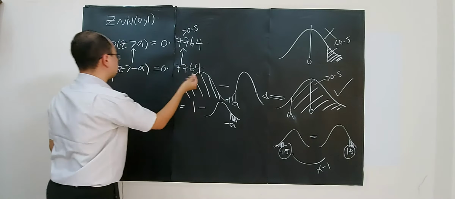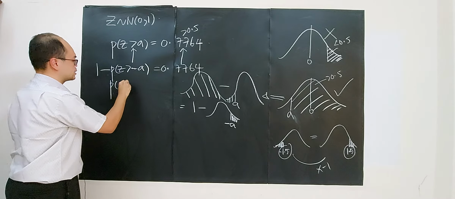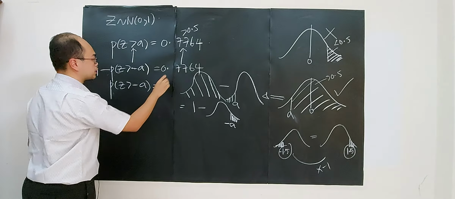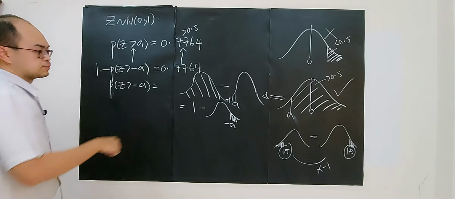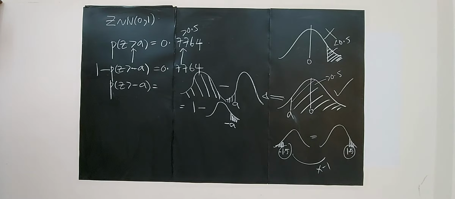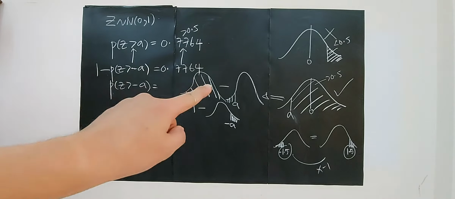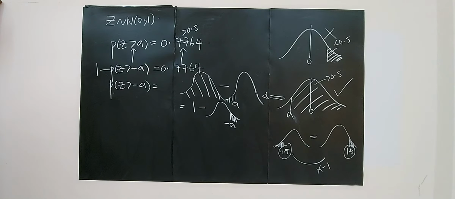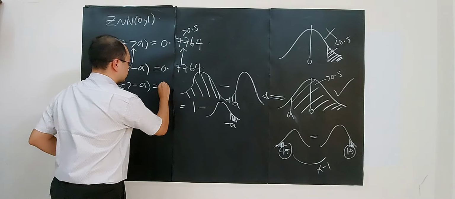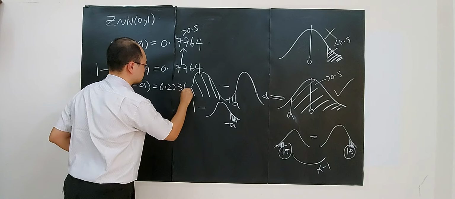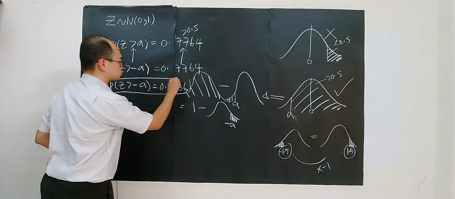0.7764. Our purpose very simple, okay? If you can see this, our purpose is to rewrite this value into a smaller value, which is less than 0.5, so that we can use the statistical table, okay? By using calculator now, you move this one, go to the other side. 1 minus 0.7764, which give you 0.2236. Beautiful. I said this to be beautiful.